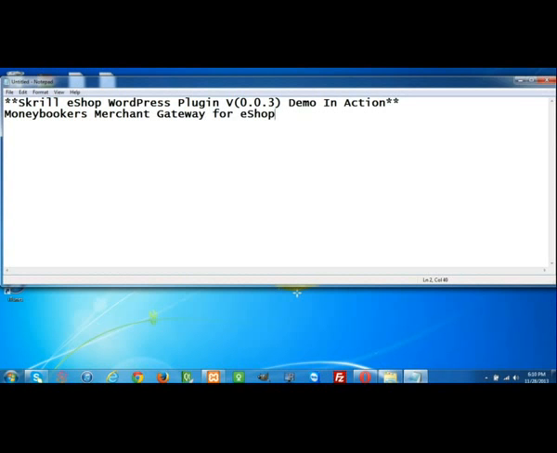What's new in this plugin? I have added 2 new features. What are those? Those are the payment success URL entry field,